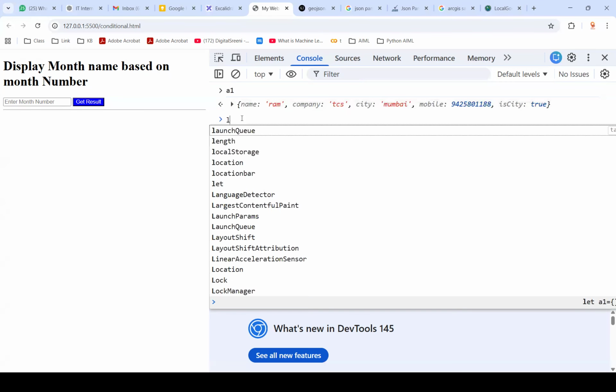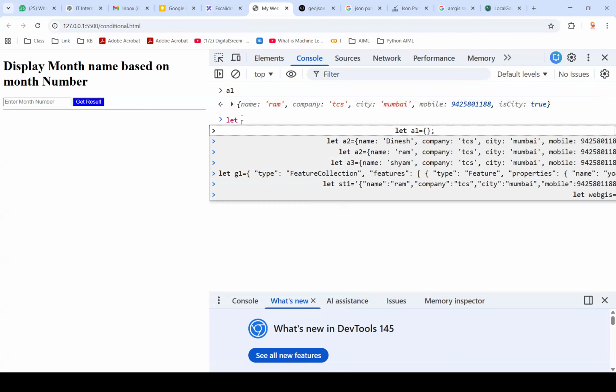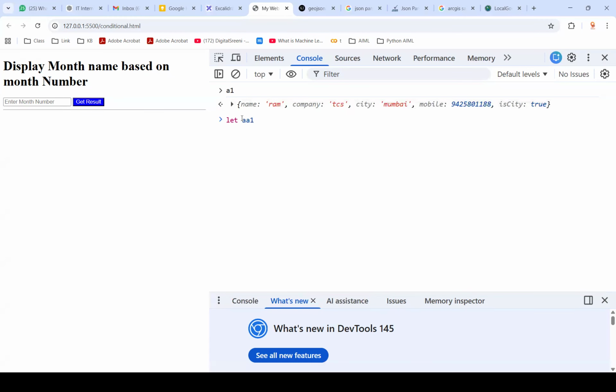Now what I want to do, I have all the values. I directly want to create the JSON. So let's suppose I will write here AA1 is equal to curly braces. Now here, if you want to create a JSON, you have to write something like this. ID is equal to what? 101, comma, name is equal to Yogesh, comma,